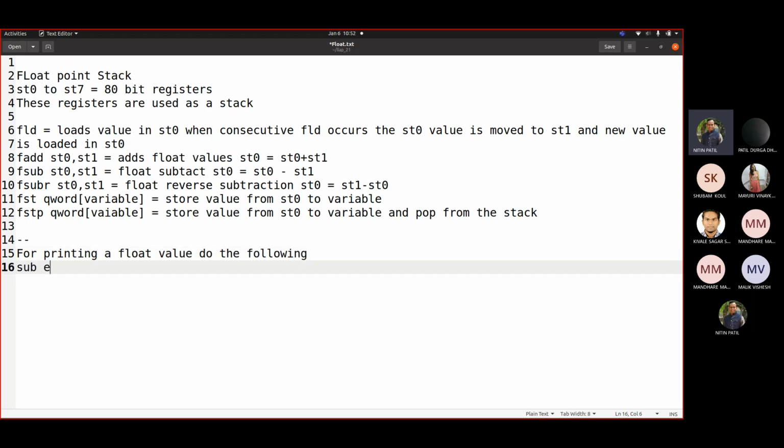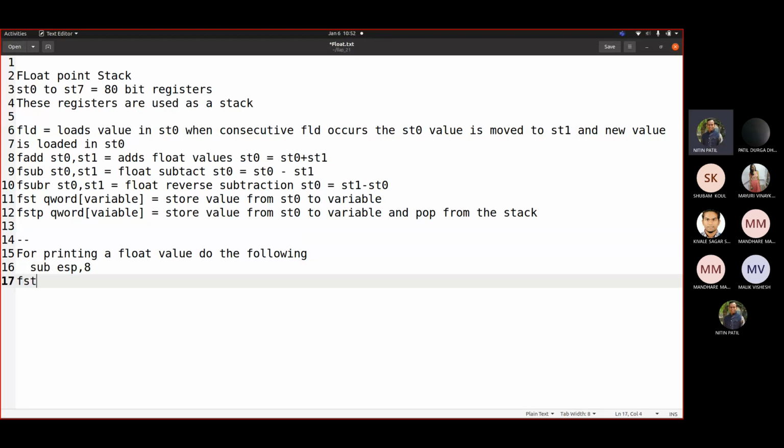First write subtract esp comma 8. Fine. And then you have to write fstp wherever the value is to be uploaded. So it is to be added to ESP. That's why we are creating this fstp. Right? These instructions would be necessary, and then simply your printf function would follow.